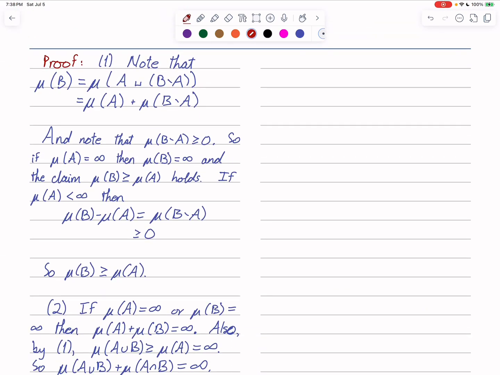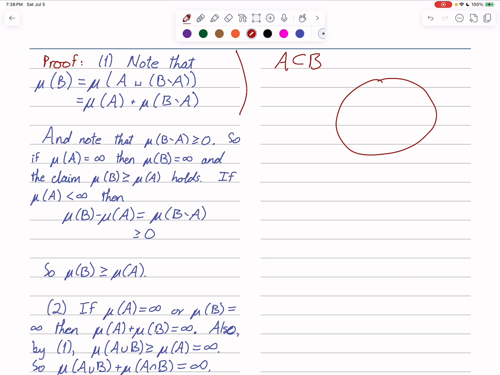Okay, so let's now prove these claims. So for the first one, often what you want to do with these claims is to break your sets into disjoint pieces. Now remember what we're trying to prove in this particular theorem is we assume that A is a subset of